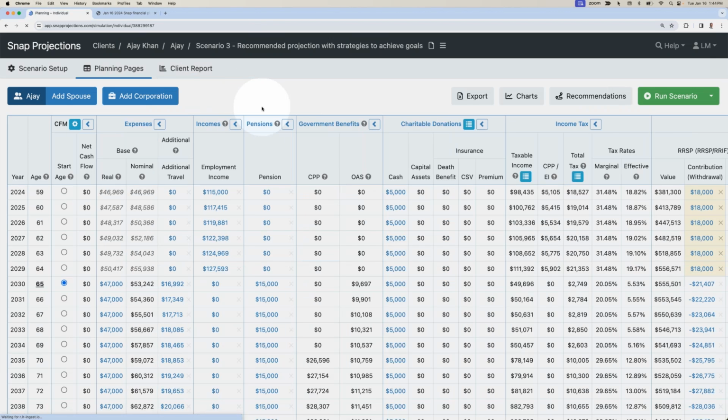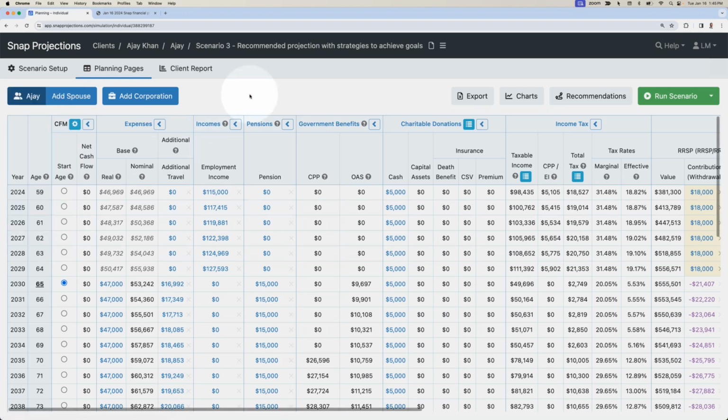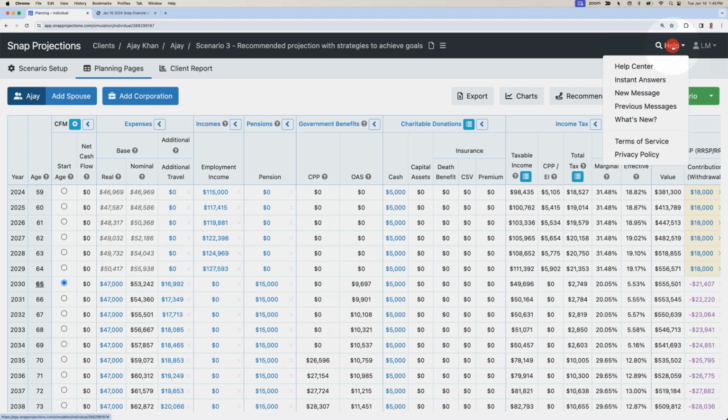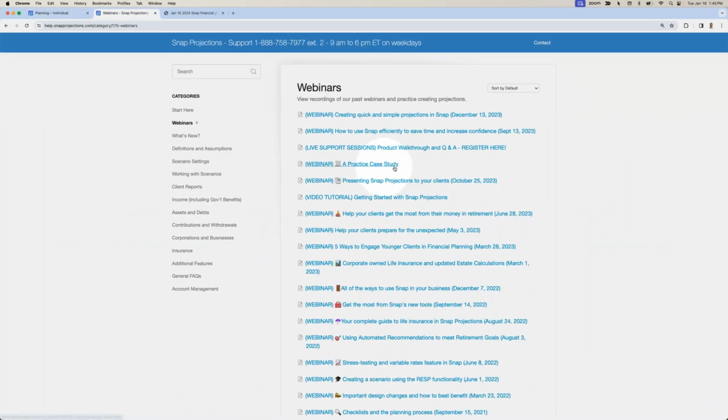Now, the software does have a lot of capabilities that we haven't demonstrated today. As I showed in the scenario setup, there's things like RESPs, corporations, other account types, and lots of customizable settings. So I would encourage you when you sign up for your free trial to go to our help site, which is available in the top right, go to Help Center, and then access some of our previous webinars.